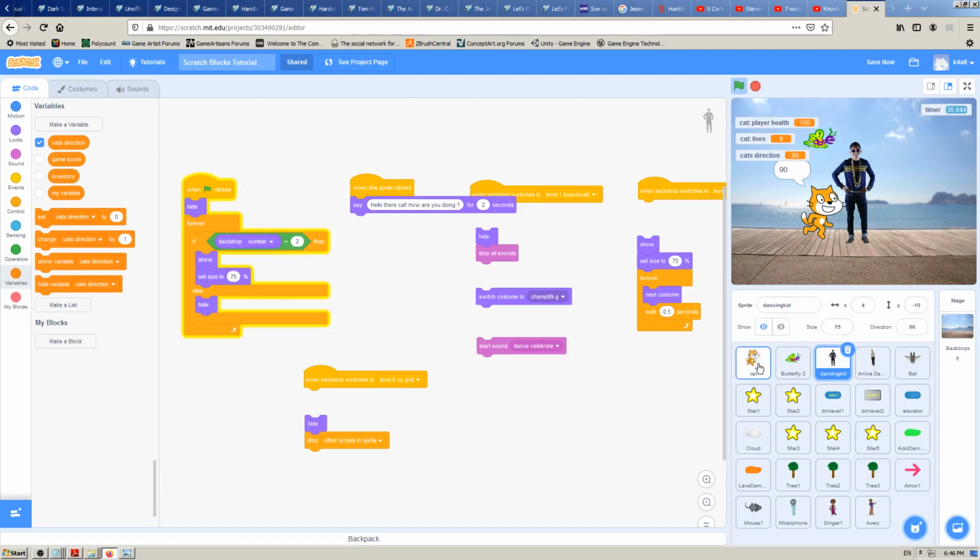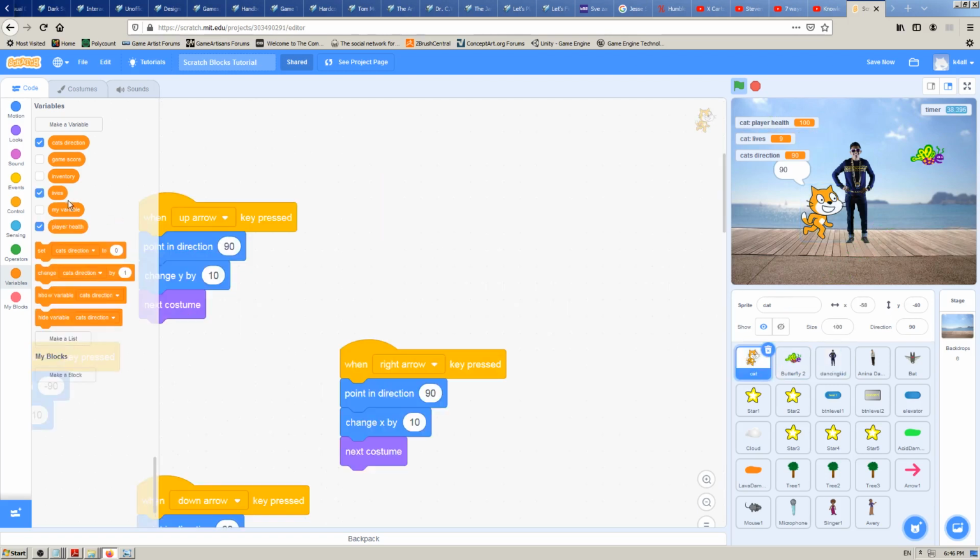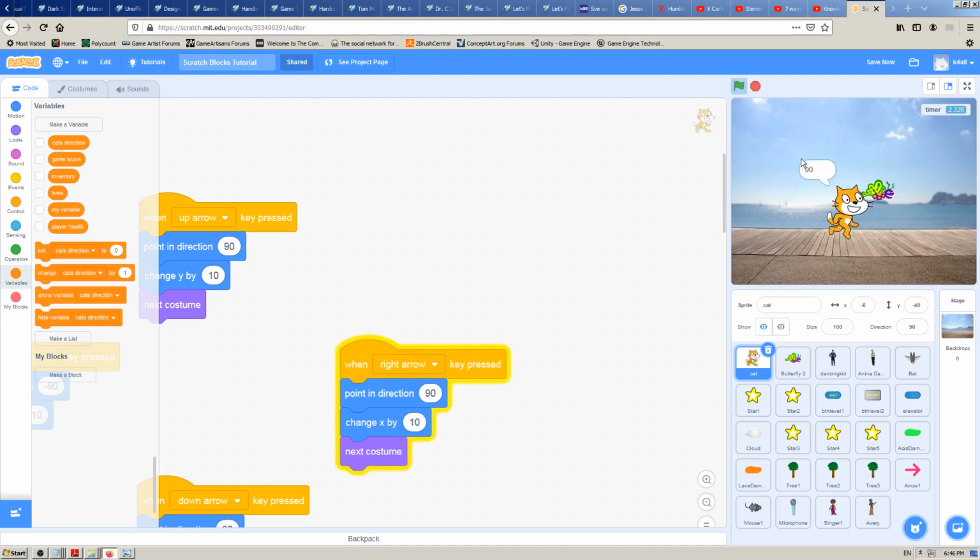Okay, click on the cat, click on the player health to uncheck it, lives to uncheck it, and direction. So we don't have anything on the screen, so now we can always click and check it again to make it visible on the screen, but for now I want this kid to be